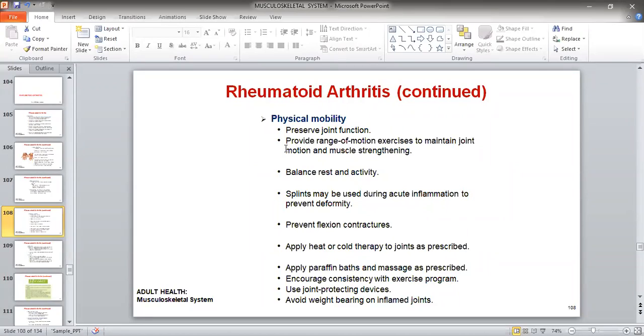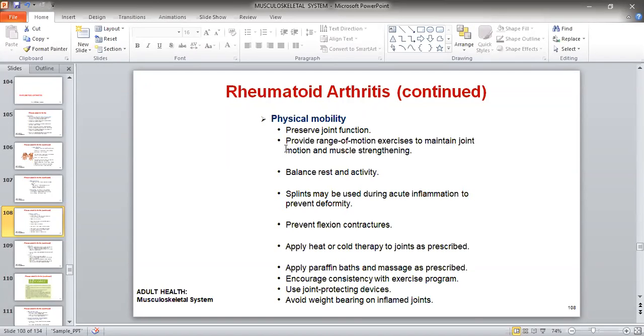Balance, rest, and activities. Very important. As I told you at the beginning, rheumatoid arthritis is a joint disease. Usually in the early morning, the patient feels the pain. So after rest, there is more joint pain. After immobility, more pain. The patient gets better with movement,